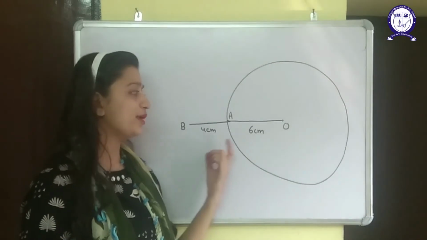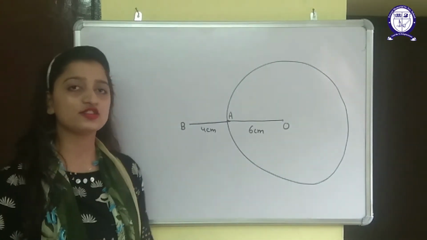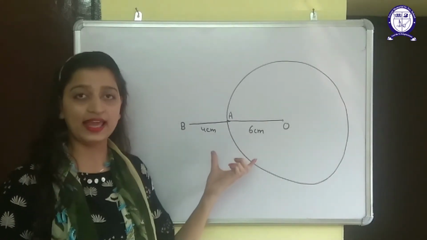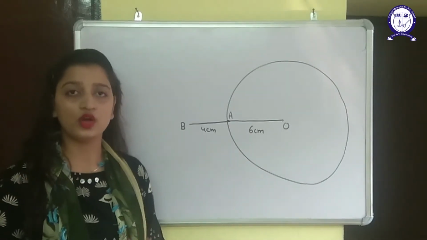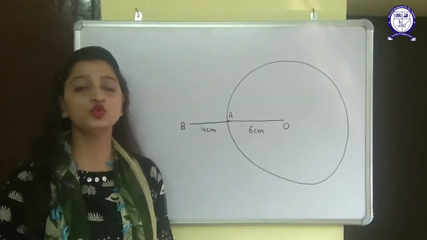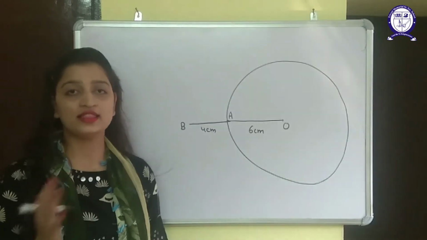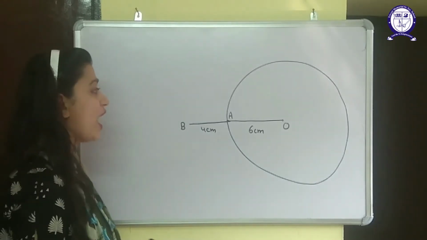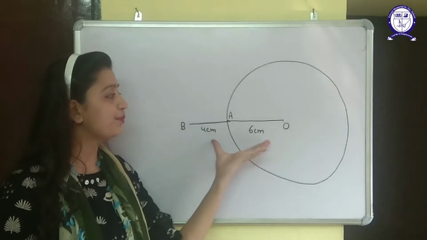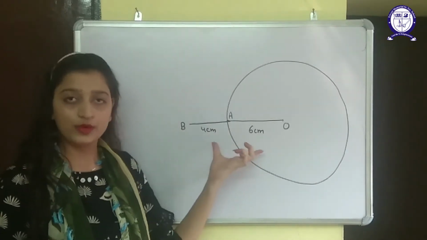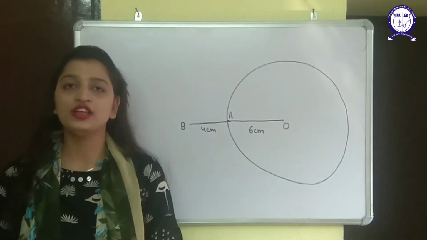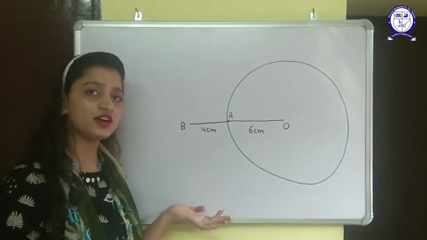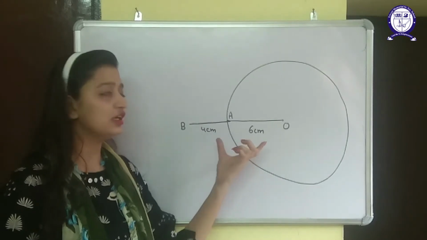So if OB is 10 centimeter, then the radius will be 5 centimeter. If I measure the radius with the scale, I can easily do that, but in construction, the use of compass is more than that of scale. You need to use the compass more. So I need to find the midpoint of this diameter, because the diameter's half will be my radius, and if I find my radius, I can easily draw my circle.